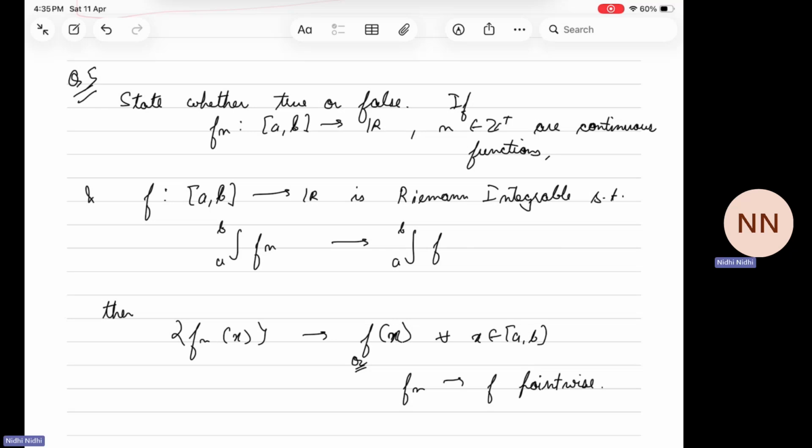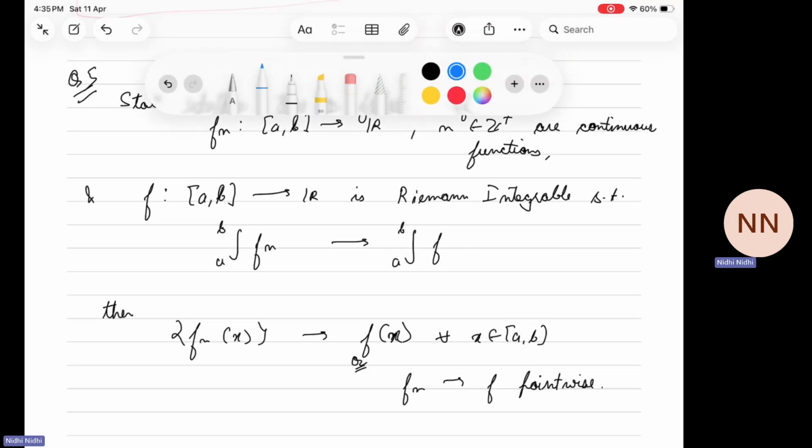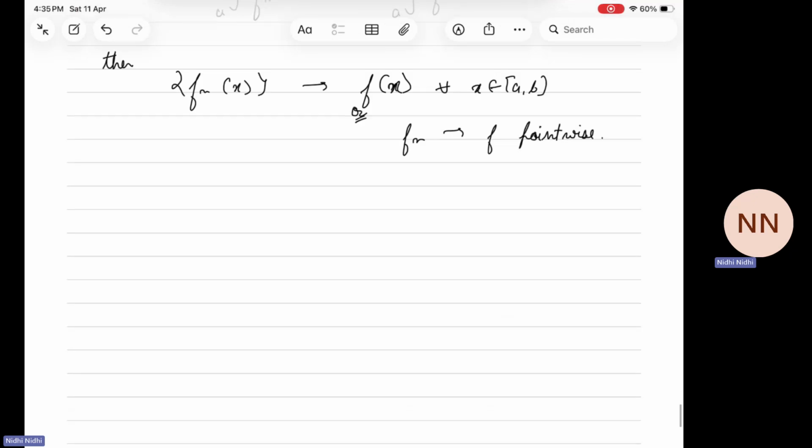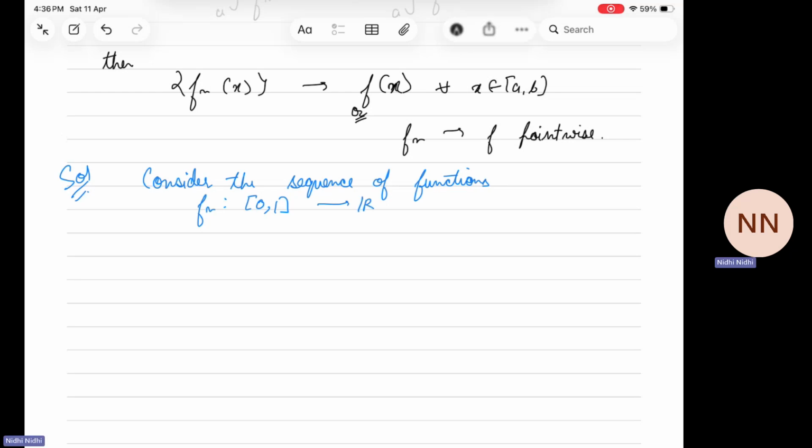Okay, so let me give you the example. We'll construct a sequence of functions. Consider the sequence of functions fn from 0, 1 to R defined as